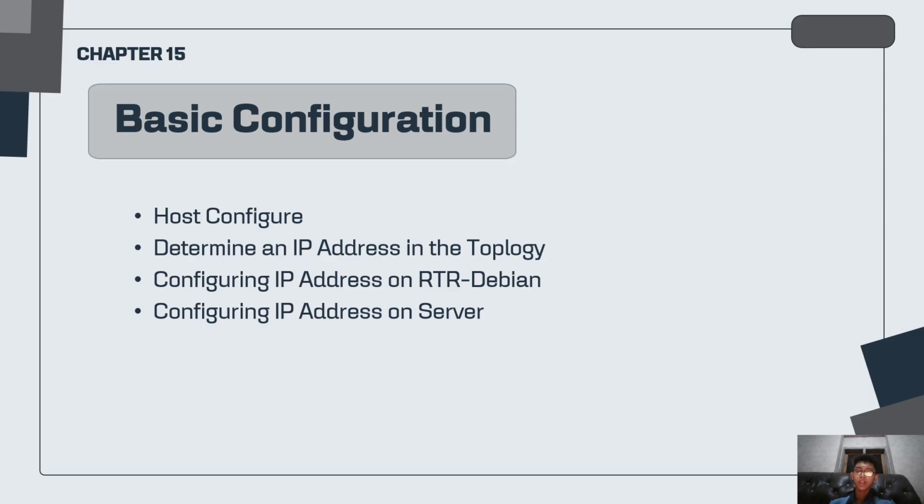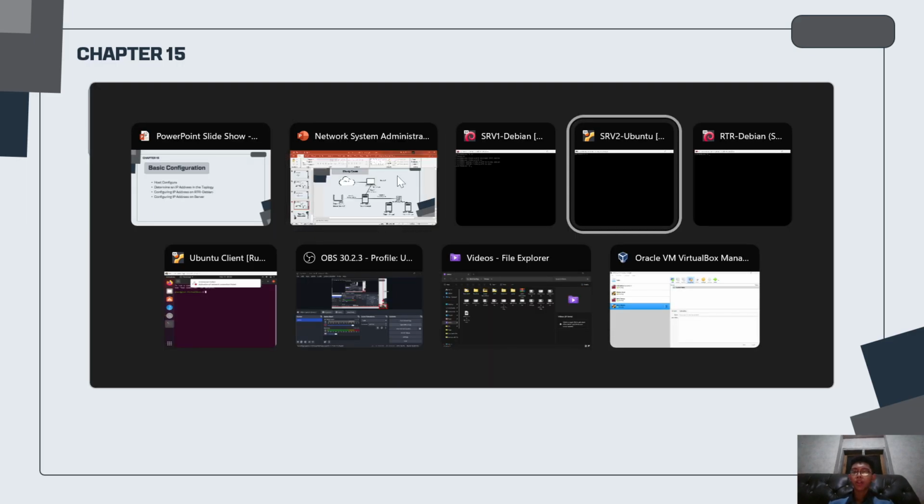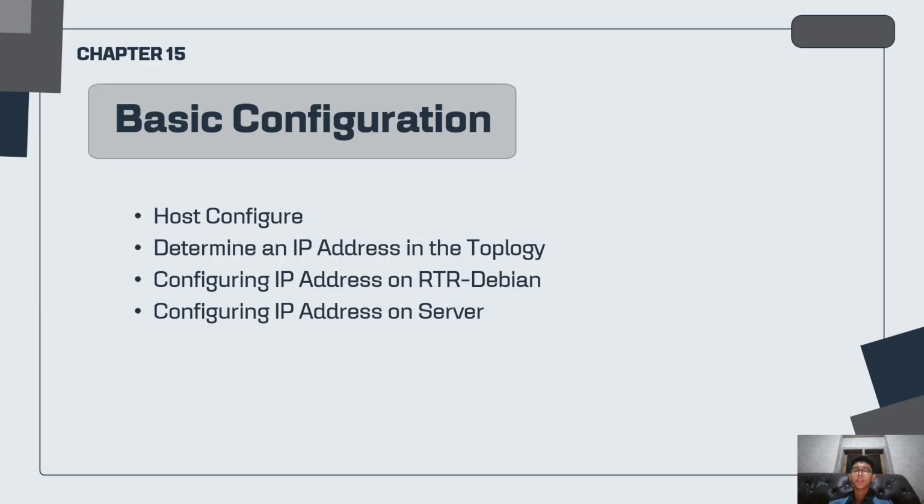In here I will set the host name first on the router Debian, but first you have to go into root access, which I will do using su and then the password. So in here I'm in as the root user. I can set the host name and also hosts, but before I configure it I will explain first.